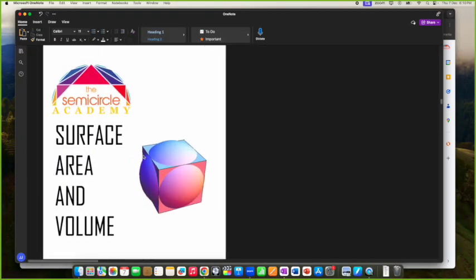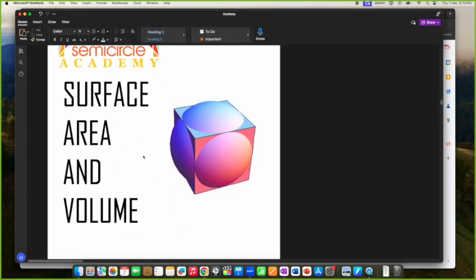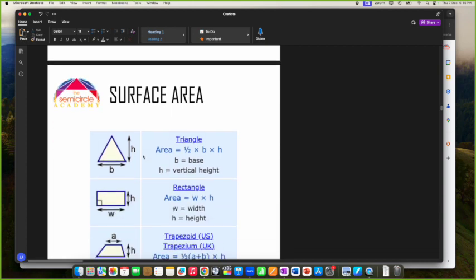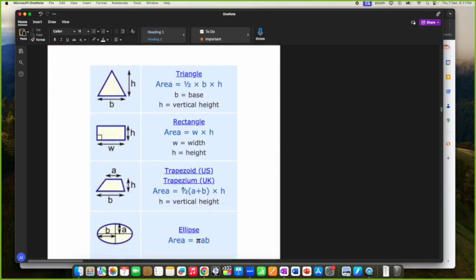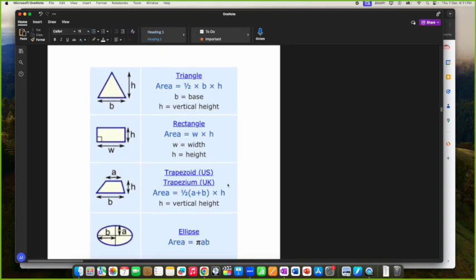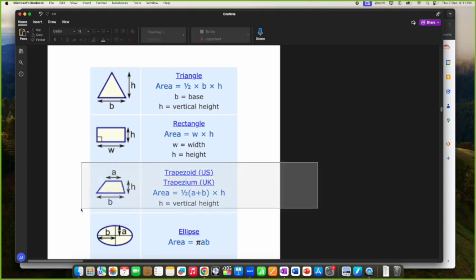So we're dealing with surface area and volume. We're going to start off with surface area. And these are just some of the areas we just took a look at. You don't have to write them down. You should already have them. These are the areas. This is the area of a trapezium, a half the sum of the parallel sides times